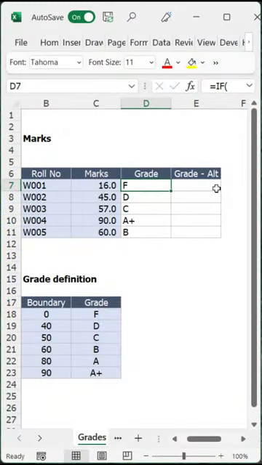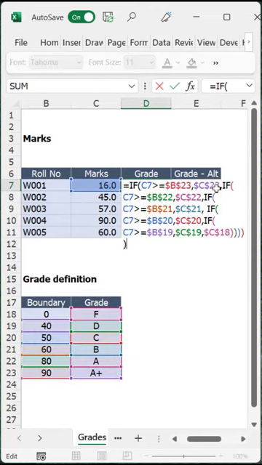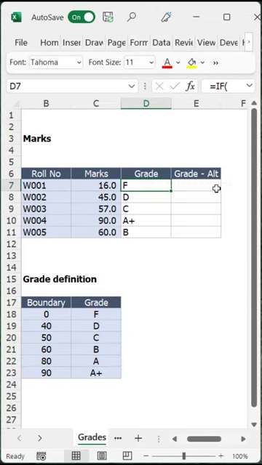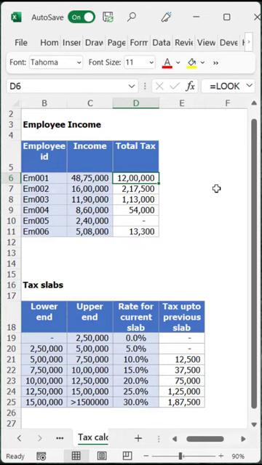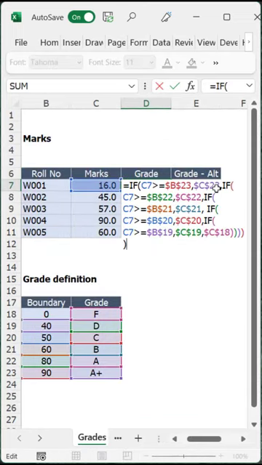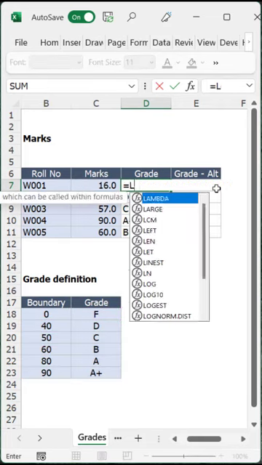One thing this function can do for us is that it can replace layers of nested IF, and the other thing it can help us do is perform complex vector operations. Let's see both of them with the two examples that I have. So here is an example where I'm getting grades of students based on their marks. Now there are 6 grades, which means I have 5 levels of nested IF to get this. Looks pretty complicated. This can be replaced by a simple LOOKUP function that I can do here.